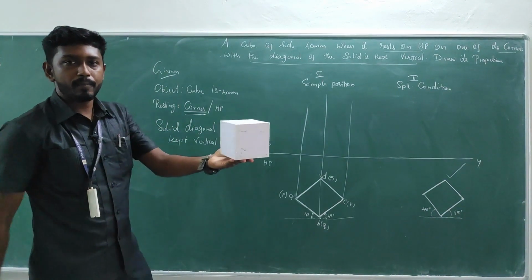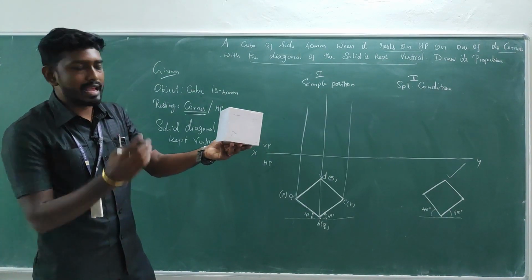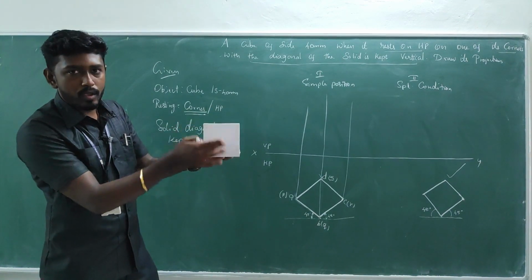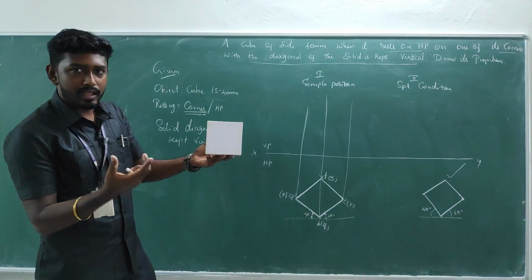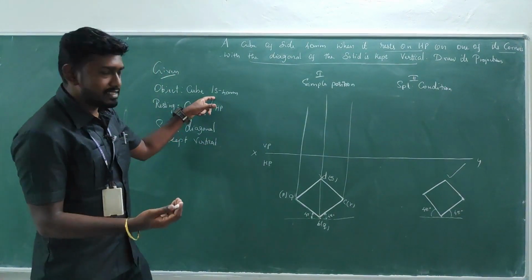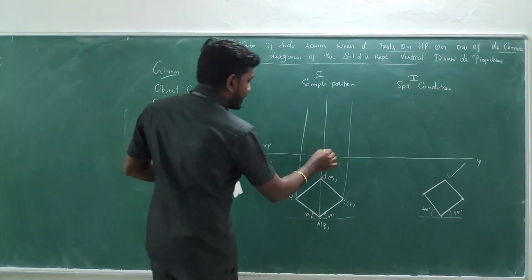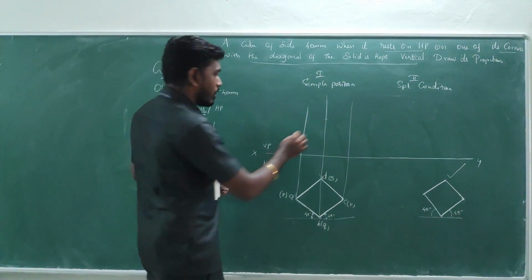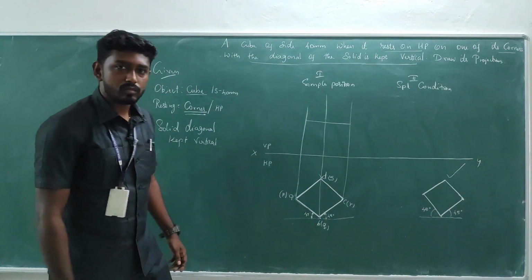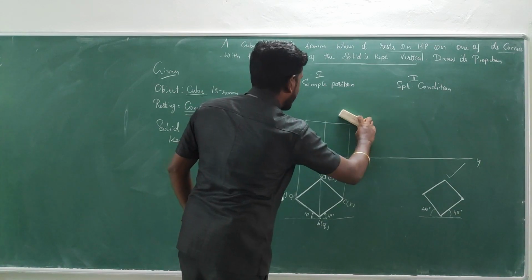What about the cube? Cube in the sense it has 6 faces, right? 6 faces are a perfect square. That means definitely the height of the object will be equal to the side. Okay. So here we don't have the axis, but since it is a cube, I am going to take 40 mm in my compass and cut it. Okay. So that you will get the line something like this. Fine. Now I got the boundary.